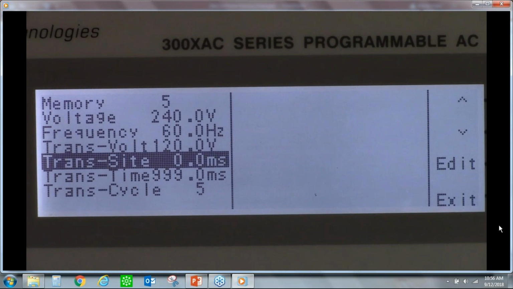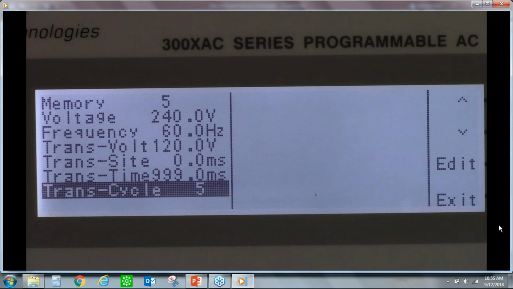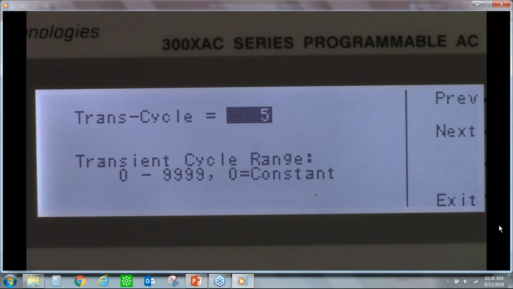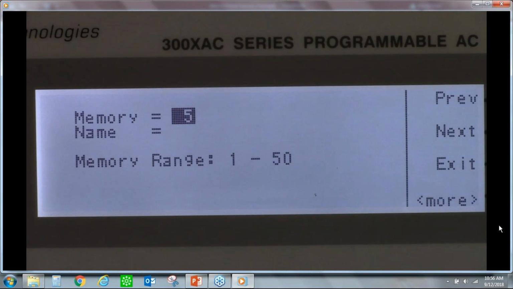Transient time, which is the next parameter, is telling you where on the sine wave you want to drop this. Your product might react differently if you drop the voltage when it's at the peak or just at the starting period. So this is where on the sine wave you want to drop the voltage, and the trans time is how long you want to drop it for. Our maximum parameter for this product is 999 milliseconds, so 1 second. And since I want to drop the voltage for 10 seconds, I'm going to make this a 10 cycle programmable